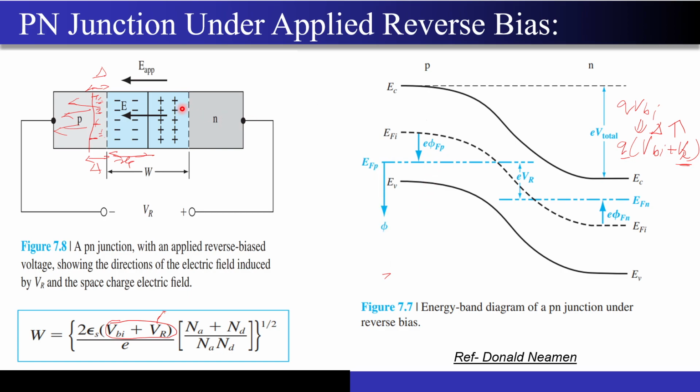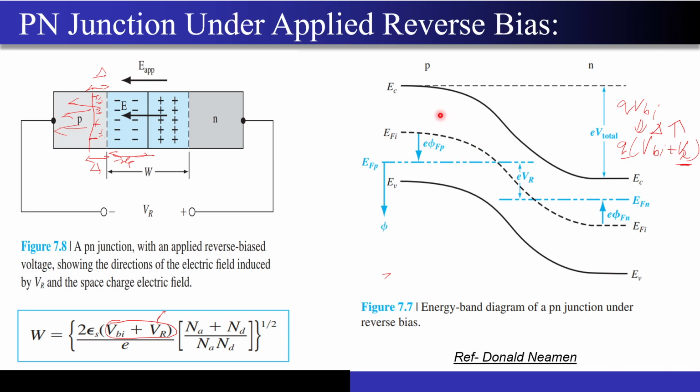One more thing that I forgot to tell you guys was regarding the concept of quasi-Fermi levels. When we didn't apply any bias, our semiconductor material is in equilibrium, and we only had one constant Fermi level. Your EC and EV can bend, but your EF will not bend because the semiconductor material is in equilibrium. Now this is the reverse bias, and the semiconductor material is not in equilibrium anymore.